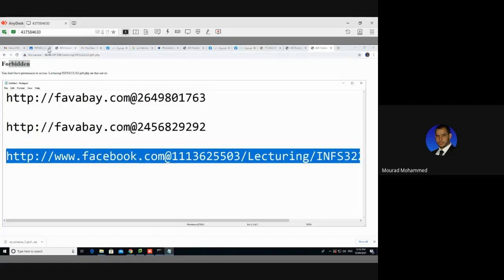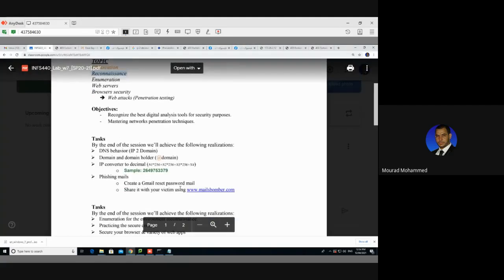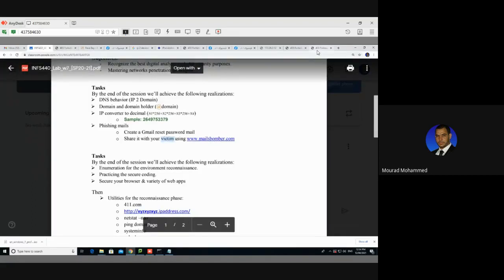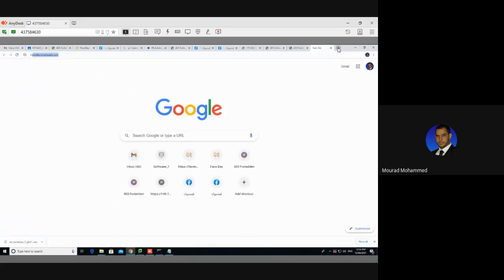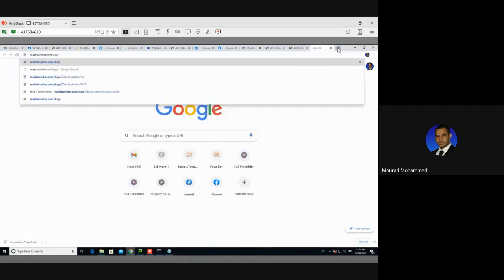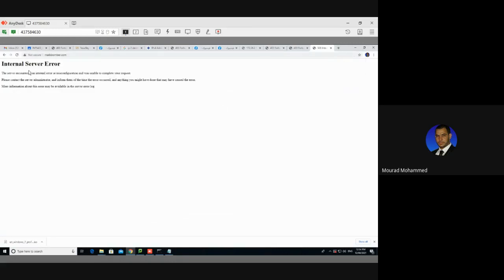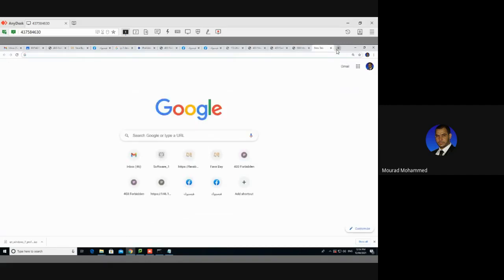Let's come back to the guide. It's asking us to open the macebomber.com and to share what we want with the victim. So see, I'm going to open macebomber.com. It is my domain only. Actually, it has a problem so far, and I'm going to fix it later. I'm going to open another domain similar to this macebomber.com,